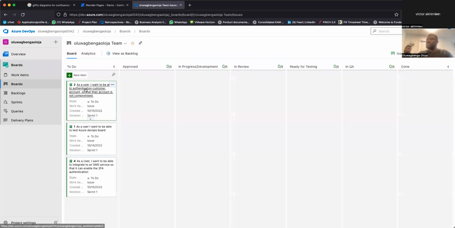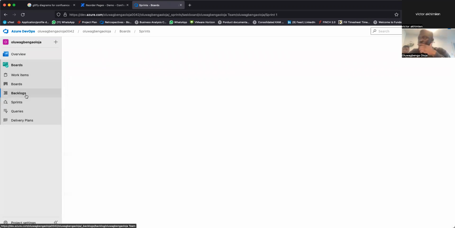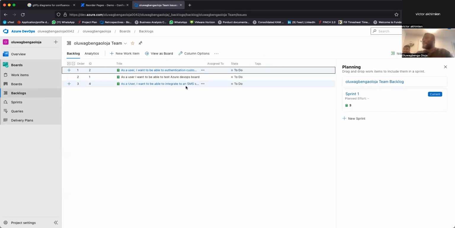Okay, sorry. And just to add to this prioritization, he's saying we don't want to work on number 2 because definitely you need to have an account before you can actually think of doing authentication and doing 2FA stuff, receiving a code. So prioritization, now let's discuss as a team.